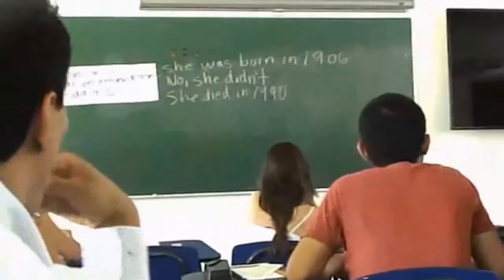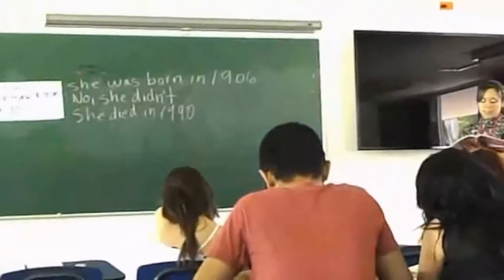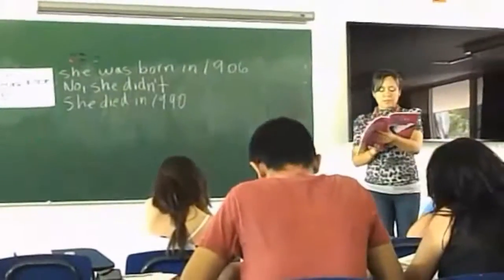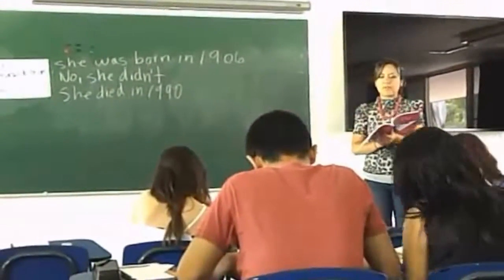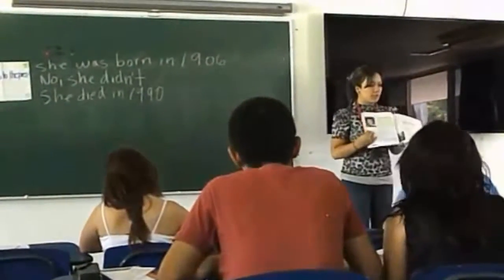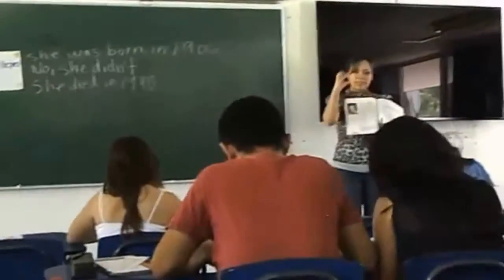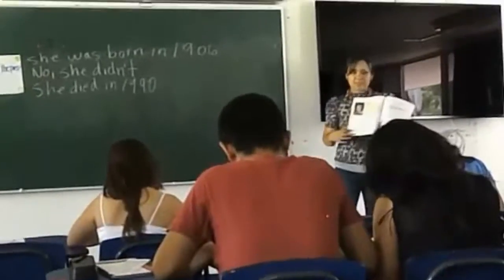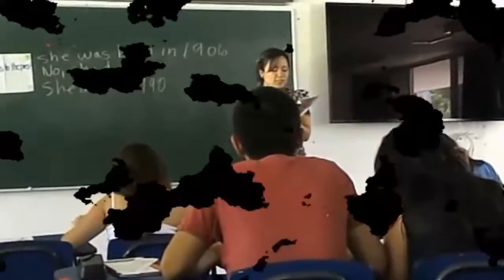Now we have exercise number 2. Here is a summary of Greta Garbo's life. Put the lines in the correct order. So you have here a summary. Do you understand summary? It's a brief, yes, description of events. For example,